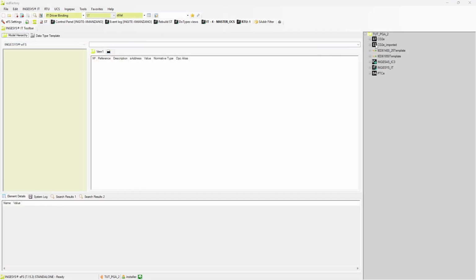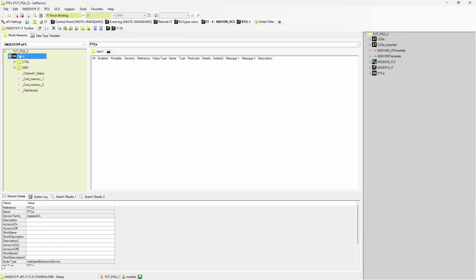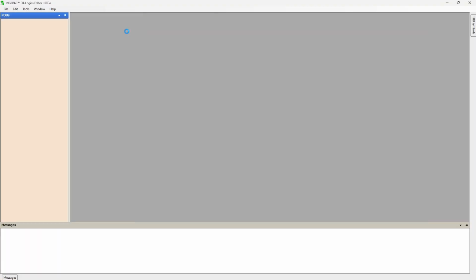Much like Substation Factory, IED Factory does also let us design some logics. Nonetheless, like all the configurations done from this application, those modifications done in IED Factory will take place or be available for all the IEDs with a common template. For this example, we will access the Logics Editor from the Substation Factory application.